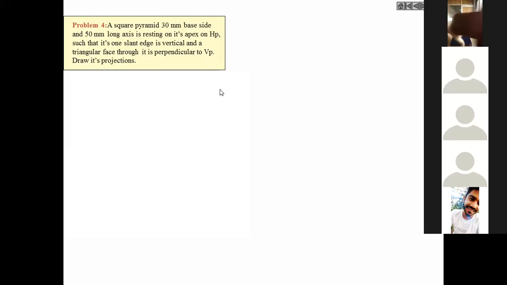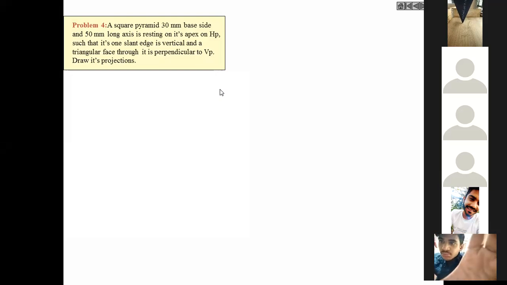So actually it is resting like this. But still the other orientation is not fixed. So we will keep it rotating. We won't fix it. Now what is next? Such that one slant edge is vertical. So now we can take any slant edge because one slant edge is given. So any slant edge. Just a moment.